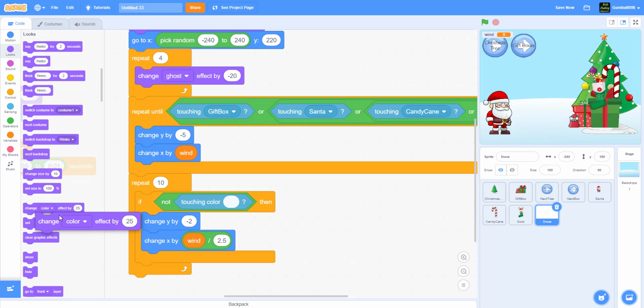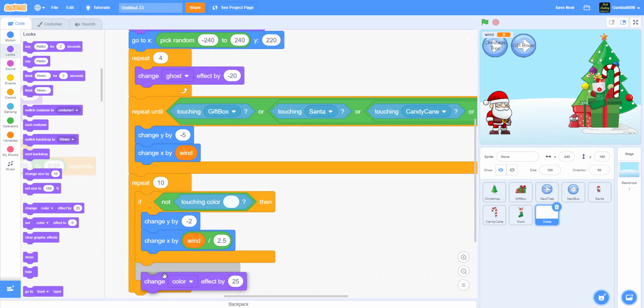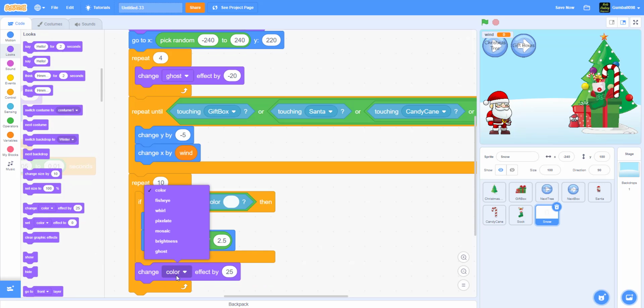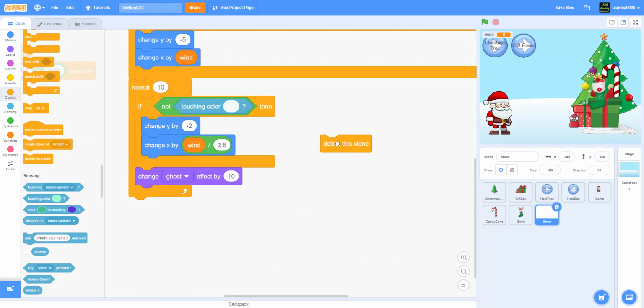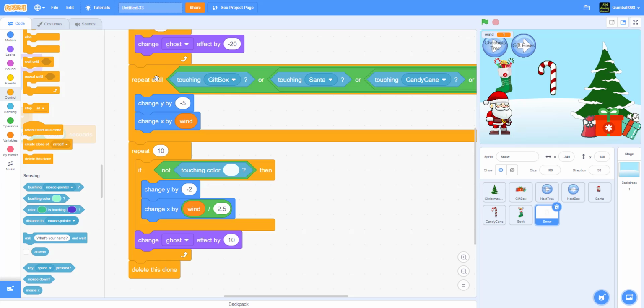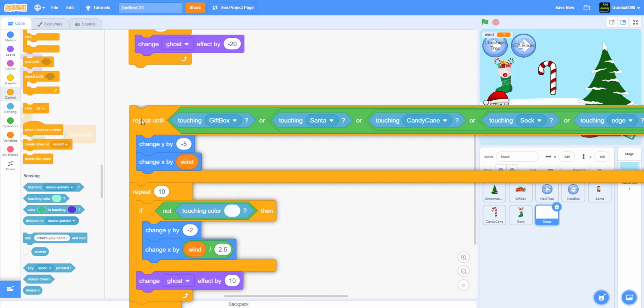Change ghost effect by 10 outside of here. And then delete the clone right afterwards. So delete outside. So let's try. Sorry about this, guys, but we do actually need to repeat